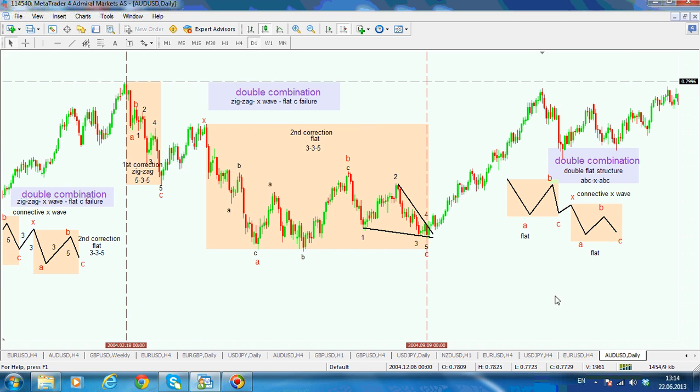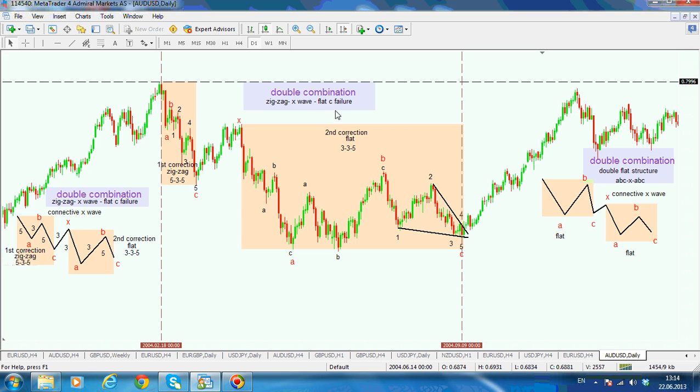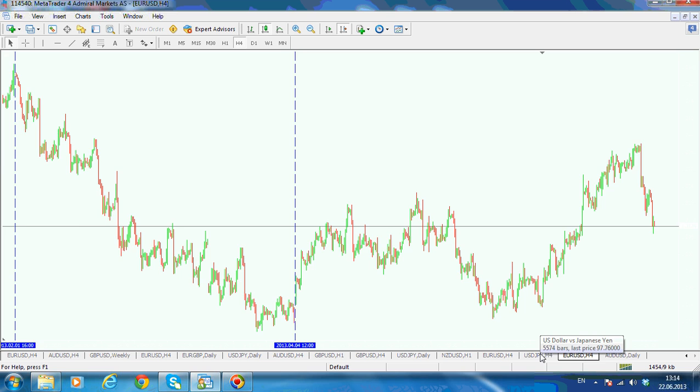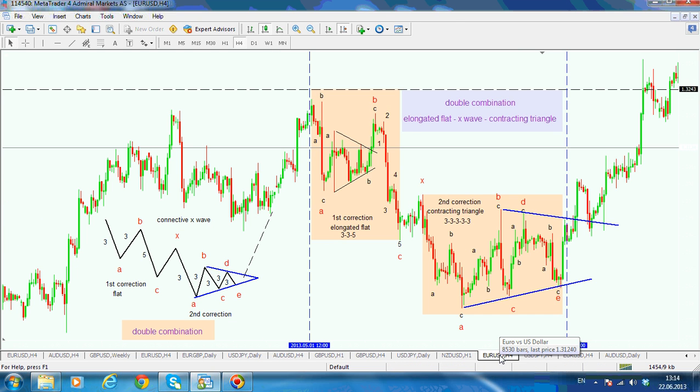So, based on our previous three examples, a double combination with a zigzag X wave and a flat C, and a flat with a C wave failure, and then another double combination here in the form of a zigzag X and a contracting triangle, and then another combination on the euro US dollar chart, on the 4-hour chart, and these are basically the main forms of a complex correction named double combination. The trickiest